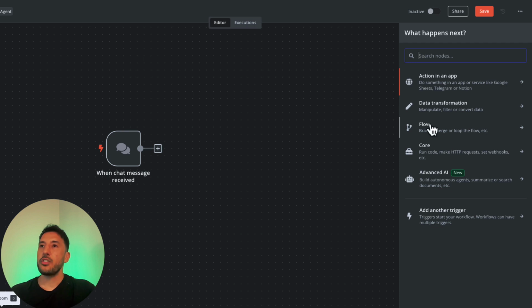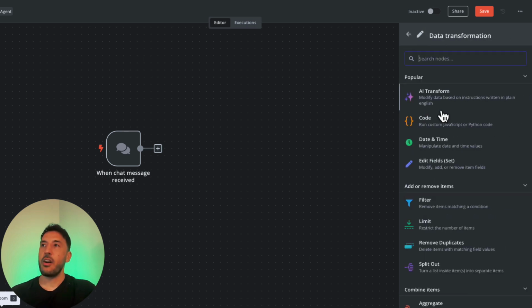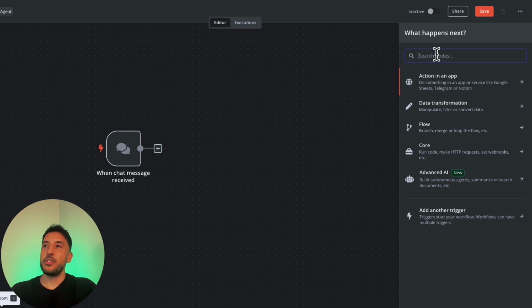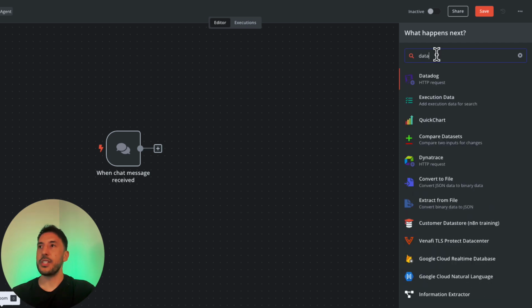But let's go ahead and actually add another node, so that I can introduce what the canvas is and what the inside of this node looks like. So let's click on data transformation, or like I said, if I already know which node I want to add, I can quickly search for it as well. Let's say I search for data. Once I do that, all of the nodes related to data will show up, and I can select whatever I want.